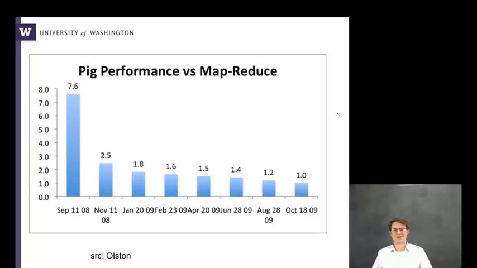These performance results are a little funny, but I still like the argument being made. This is Pig performance versus MapReduce. It's a little funny because Pig is built on top of MapReduce. But the point is that the first version of Pig on September 11th, 2008 was a lot slower than just writing the thing raw against MapReduce. But with various improvements, it got better and better over time until eventually it was just as fast as